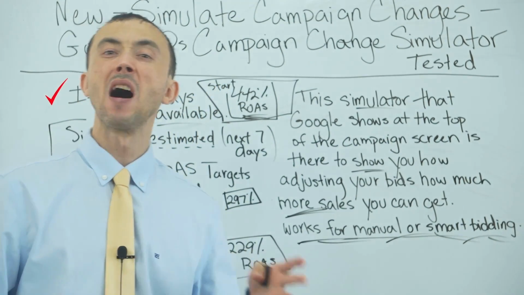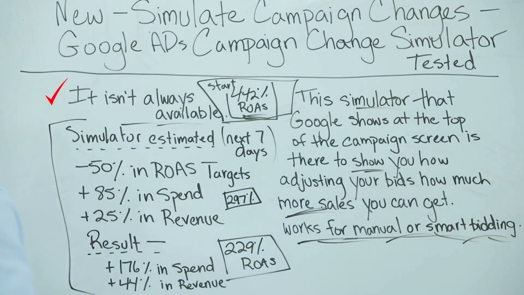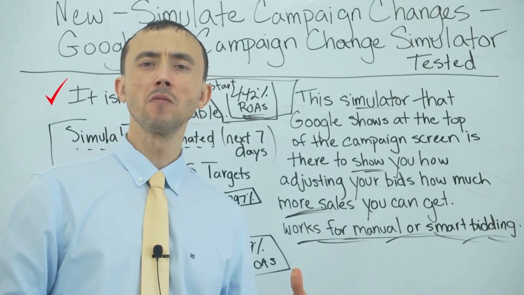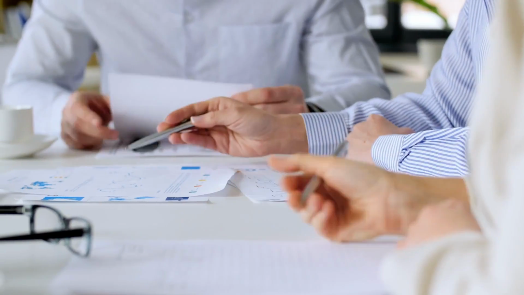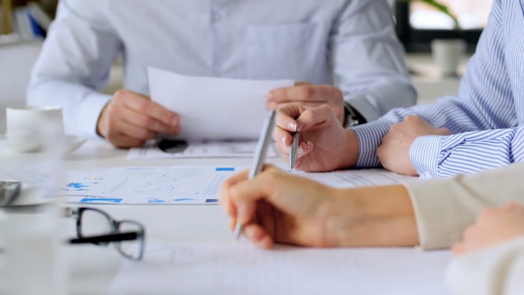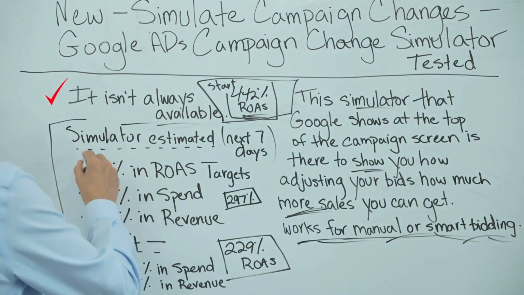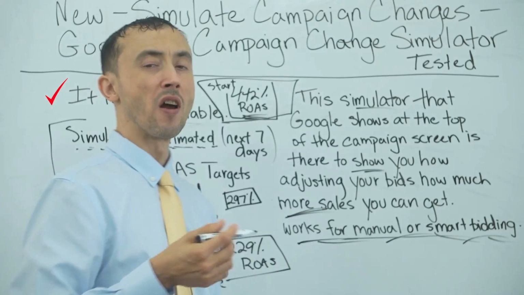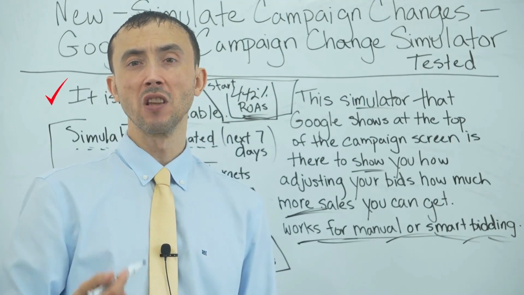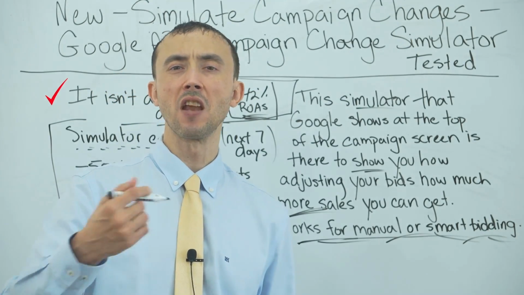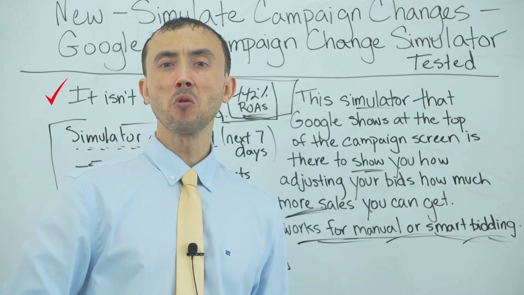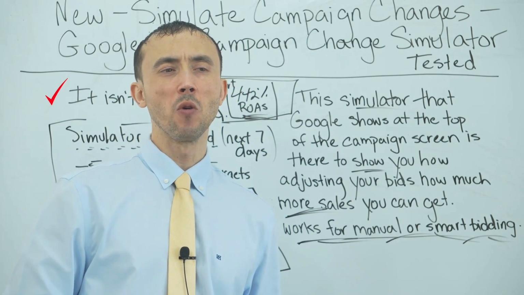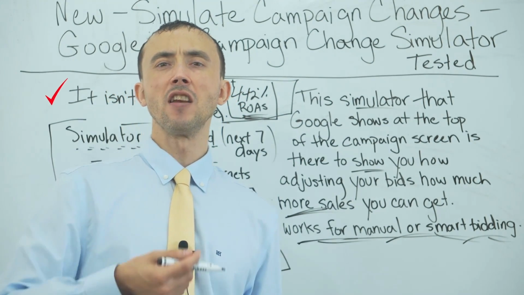Been running it for about 7 years already. With that said, had the scenario, like I mentioned a second ago, client needed to get some more volume, even if it means running the campaigns at a loss, get more volume to keep the guys busy. With that, we went into the campaign simulator, wanted some data. I know better to rely on Google's data, like having to do with any other bid simulators, to give them some sort of idea, like what's the bleeding going to be like if we go ahead and juice the numbers